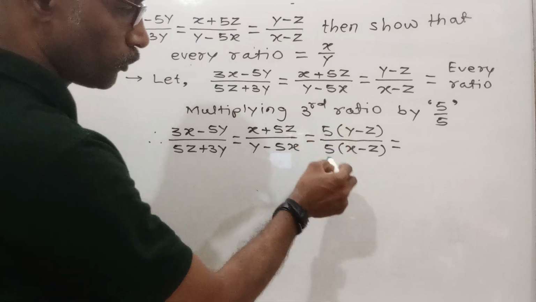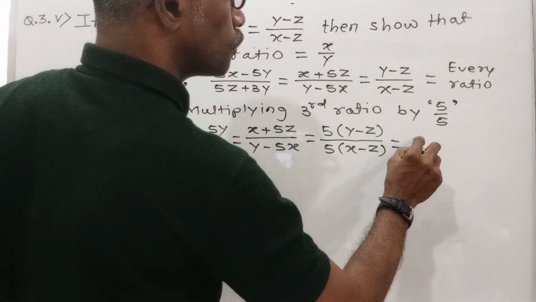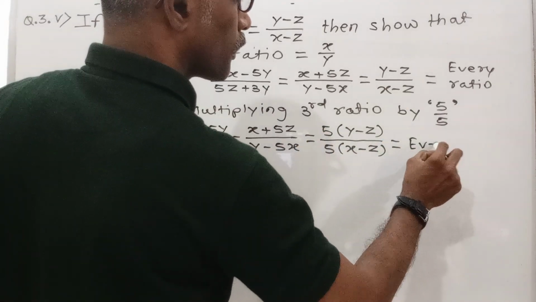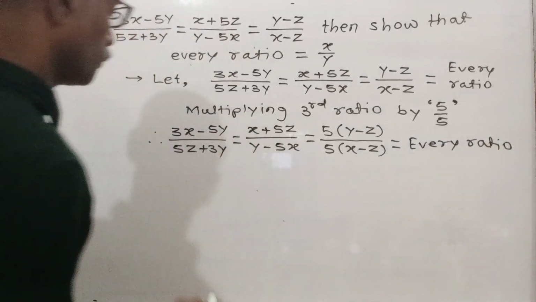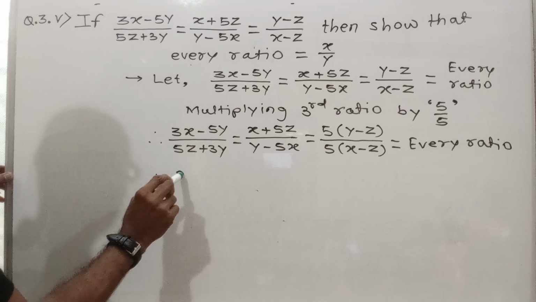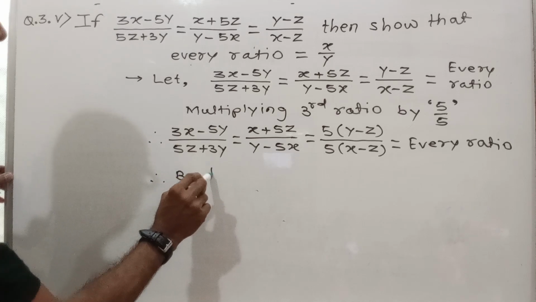Did you understand? 5 upon 5 is equal to 1. Every ratio. Therefore, by theorem on equal ratios,